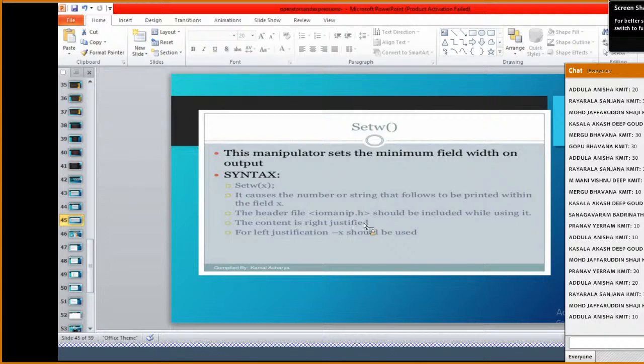You should include manip.h in your code. The header file should be included in your code. Okay. Suppose if you write